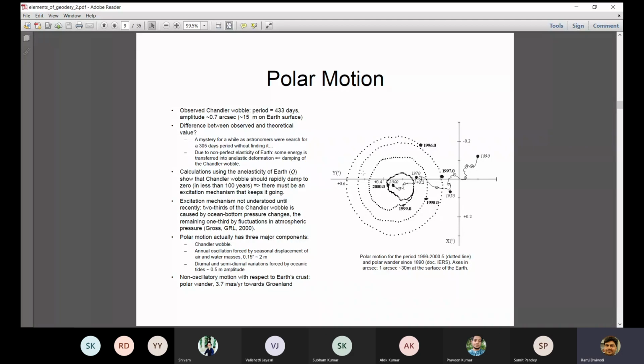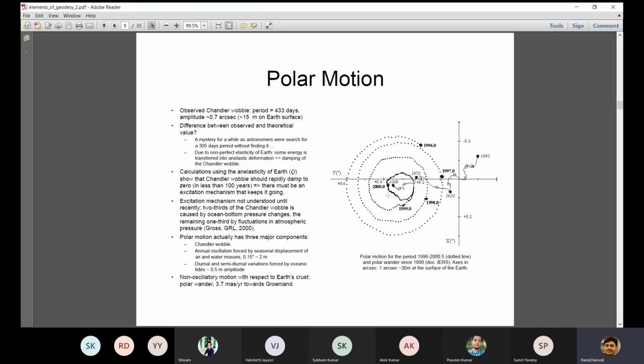But this periodic motion, the dotted line, which is polar motion, for the period of 1996 to 2000, has a continuous change, and it is periodic in nature. Sometimes it will go back and come back here again. So in 1996 it was here, then 1997, 1998, 99, and then anti-clockwise it is coming from the outside circle to the inside circle. Ideally, this should have been here, but it is shifted, this xp and yp,